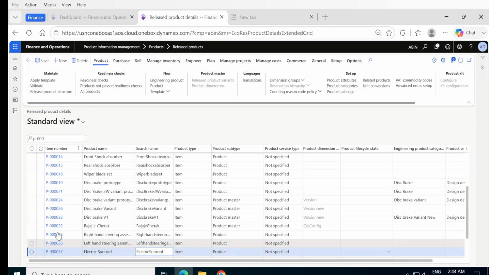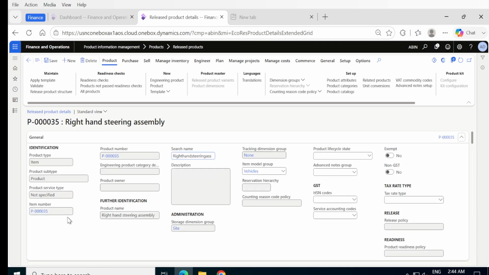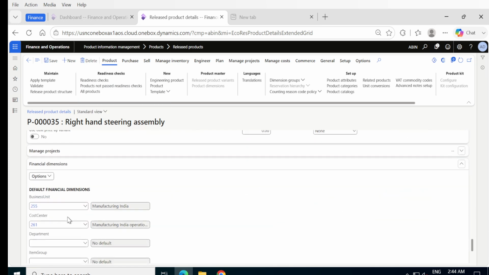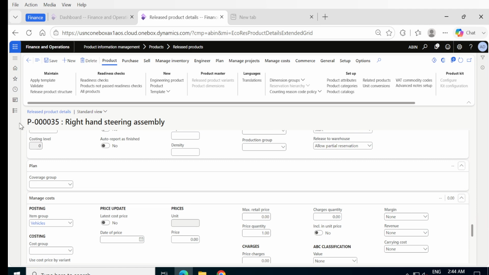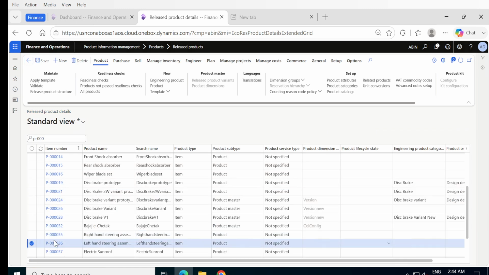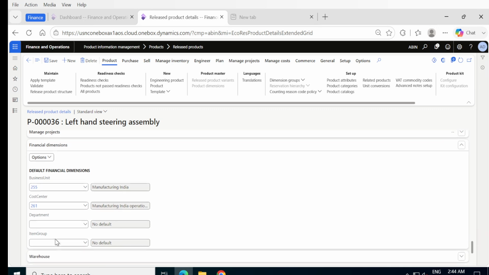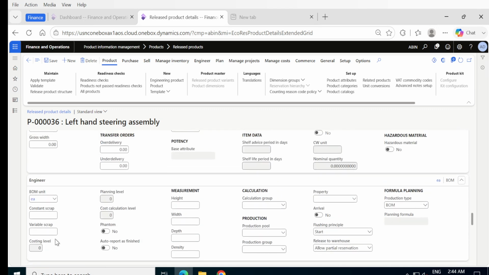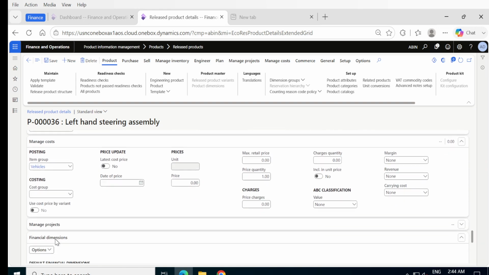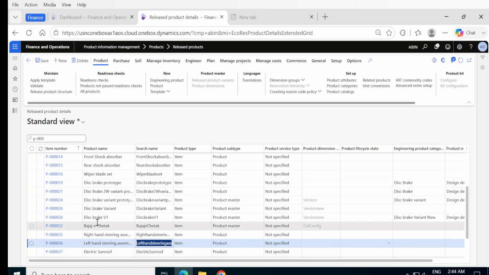I hope I have saved my earlier information. Right hand, let me check. Okay, item model. Yeah. Okay. Next, left hand also. Yeah. Okay. Yep. Okay. And now let me go to